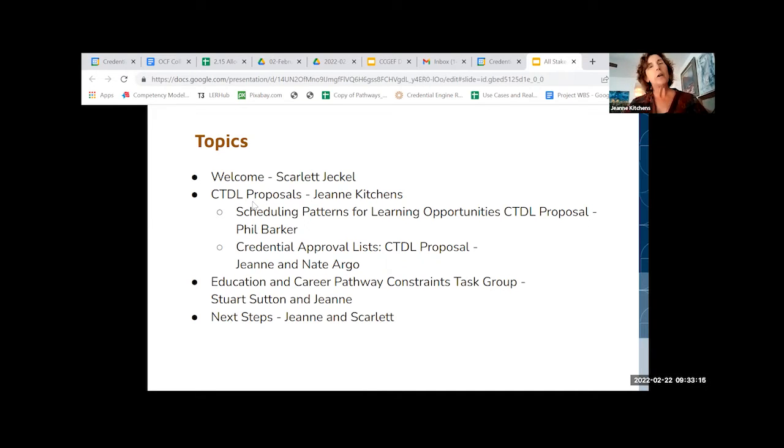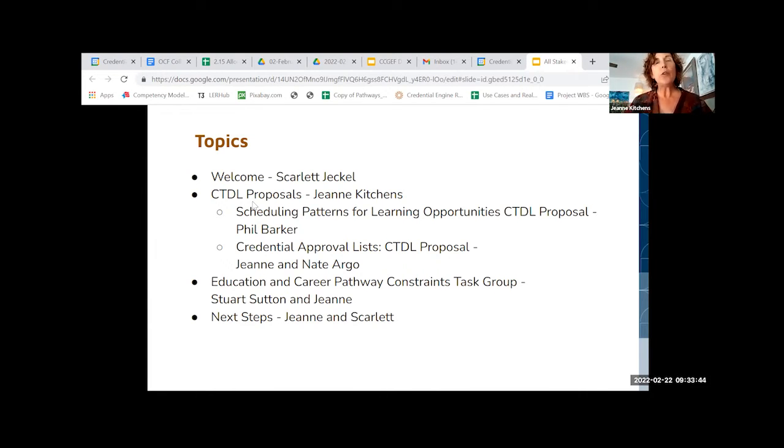Today we're going to talk about two Credential Transparency Description Language, or CTDL, proposals that we're moving forward. The first is Scheduling Patterns for Learning Opportunities, presented by Phil Barker. The second is Credential Approval Lists, presented by myself and Nate Argo.